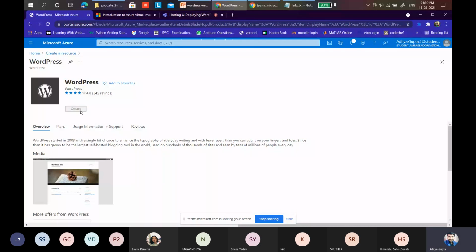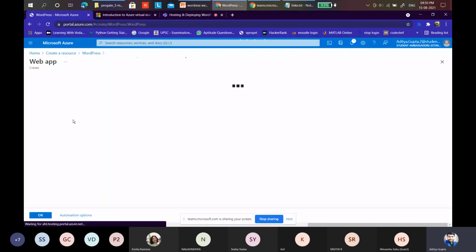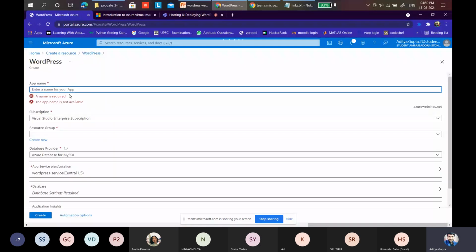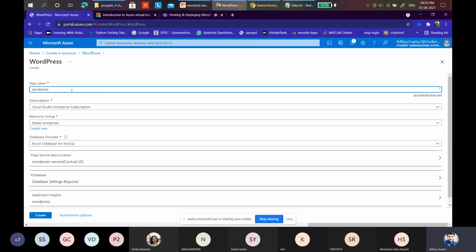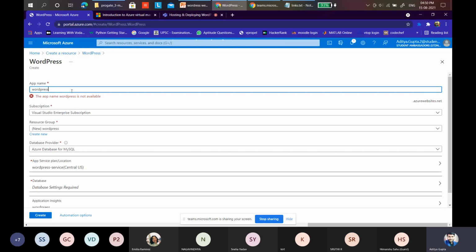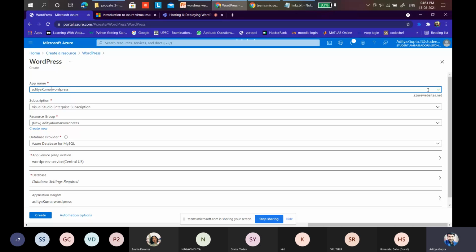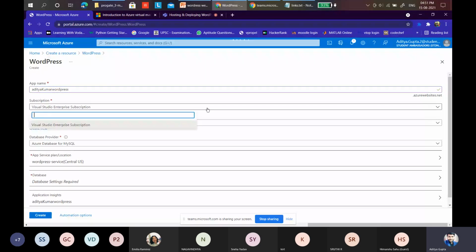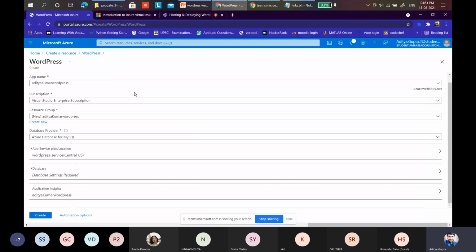It's loading for us, and if you notice closely, it's what I just showed you. So let's use some valid app name. Suppose if you use something like just WordPress, it doesn't load for you because it says it's not available at all. So let me use one that's available. You see a tick mark, so it's available. The subscription will be selected by default. What I have is the Visual Studio Enterprise subscription. It's different for you for sure. In database provider, remember we have to choose MySQL in app.